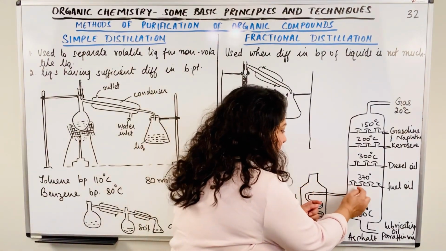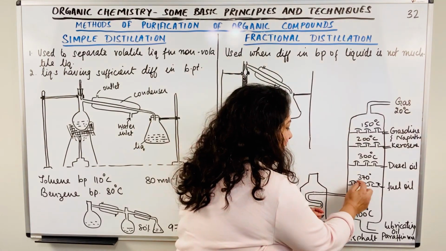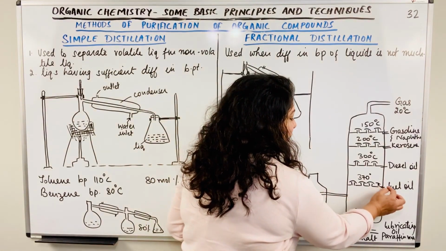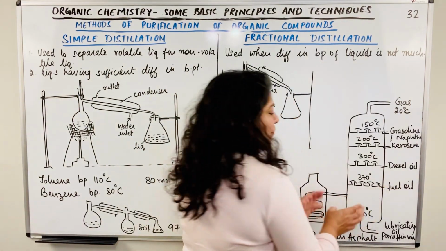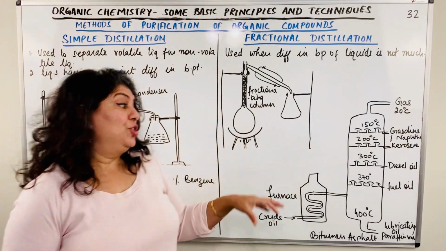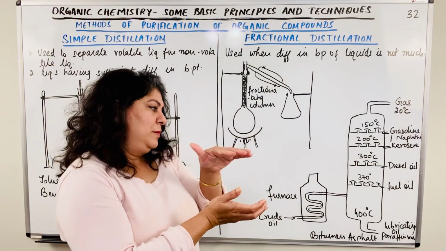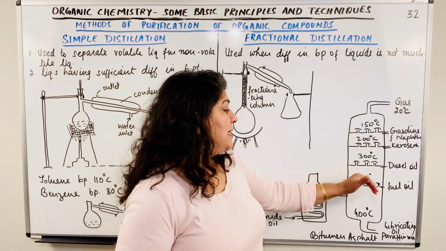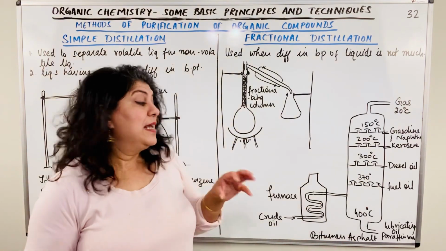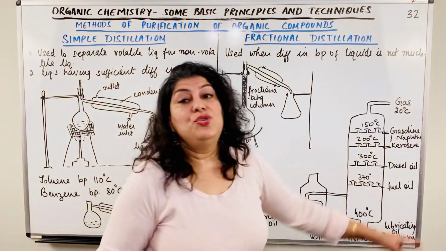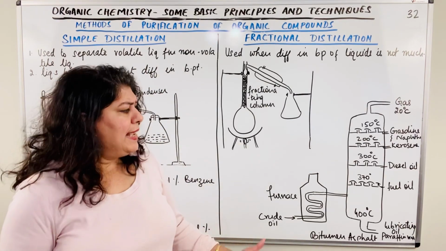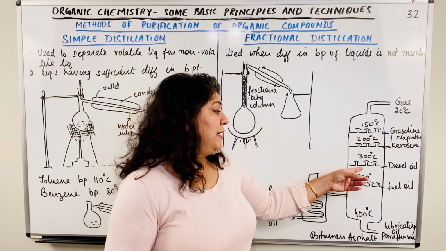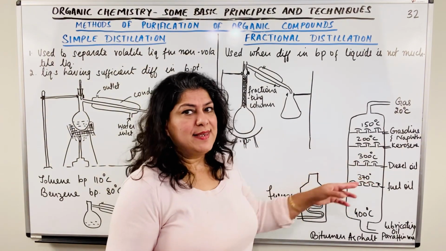So what we do, when they fall on the umbrella, they trickle down and are collected on the floor. And outside, from the end of the room, you have a tube which allows the fuel oil to go out. Now the fraction of compounds that condense at around 370 degrees Celsius to about 300 degrees Celsius, that fraction is collected and it is known as fuel oil. And those compounds which do not condense even at about 300, let us say 320 degrees Celsius, they escape